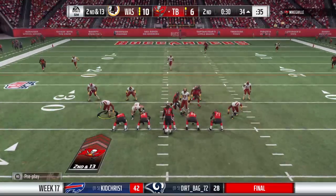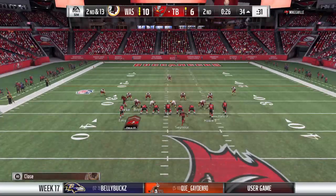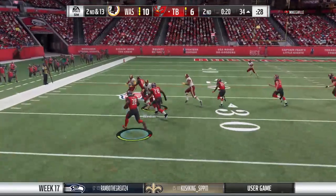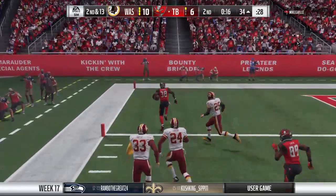Clock running. The Bucs try to go quickly and get set. He was trying to keep his eyes downfield. Nobody came open. He's trying to do everything that he had been taught, right? Every bit of the technique. But if no one's open, there is no technique except make sure you hold on to the ball as you go to the ground when you're getting...